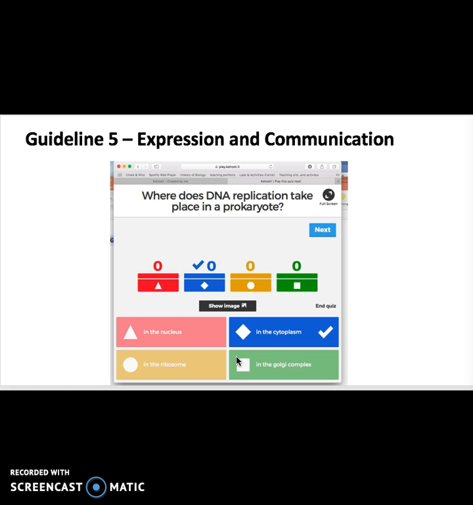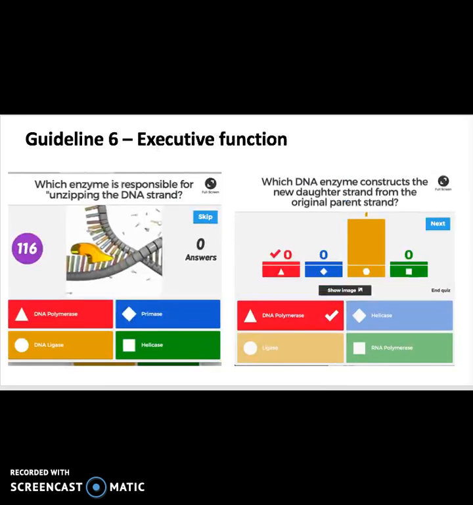Kahoot uses interactive web tools so the students can answer questions on their own device and in their own time. It allows students to come to the answer by any means or pathway they want, and all they have to do is click the answer. The one downside to Kahoot, in terms of expression and communication, is that it only allows the students to answer based on one of 4 options. The teacher can remedy this, though, by using this to spark a discussion to further delve into a topic.